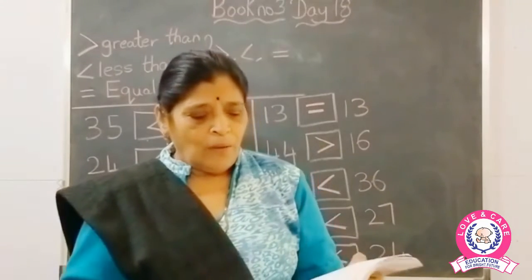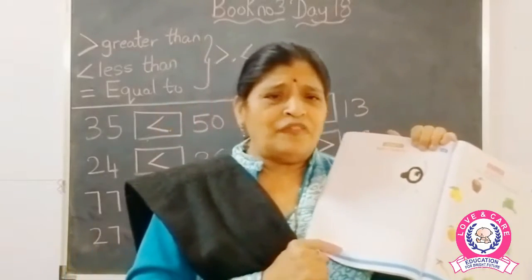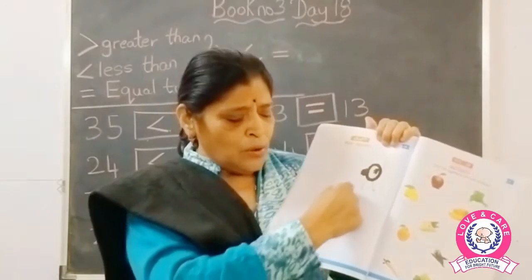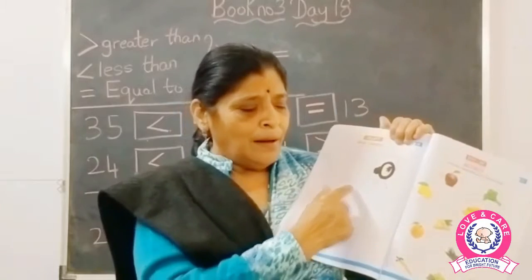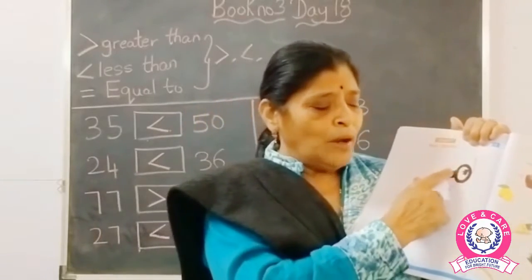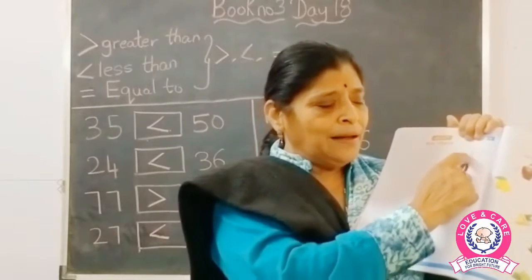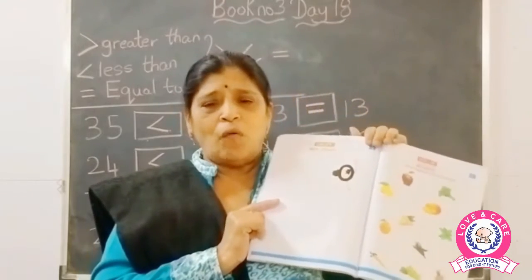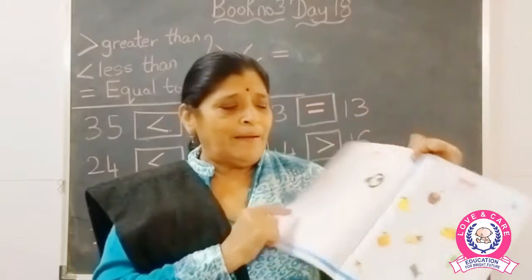Okay. Now let's turn to the next page. Here again a craft is there. If you have a craft paper, you have to cut an oval shape black paper and stick it in the oval size, and here you have to make feathers, and here you can draw with a pencil the neck and the legs. So this craft is also a homework for you. You can do it at home with the help of your parents.